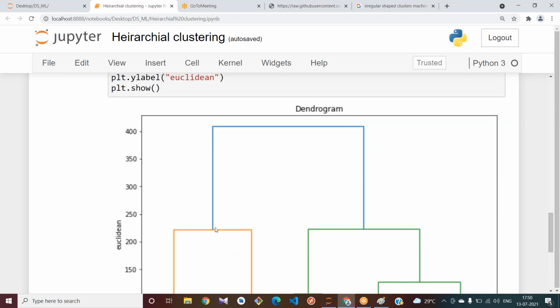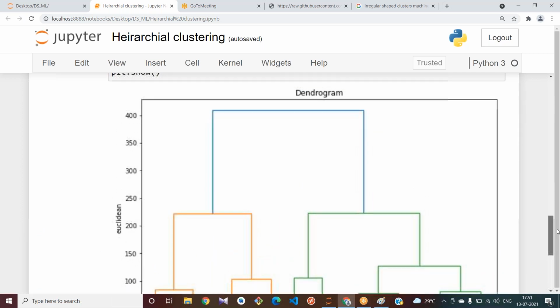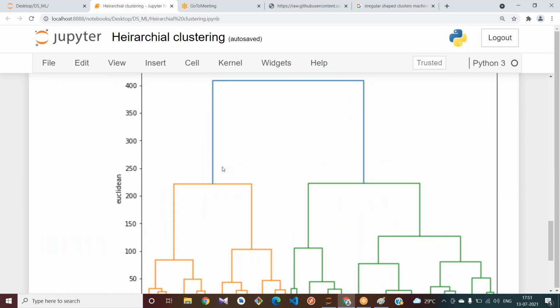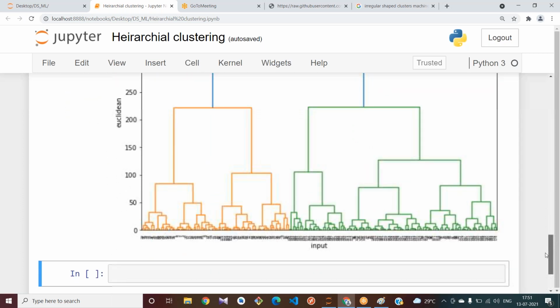You can see here, these two are the same vertical lines without any horizontal line passing through them. There are two vertical lines without any horizontal line crossing. This line has the same distance, this line has the same distance, right? And the largest distance we will get for this line only. We can easily take the value of k as 2, and also based on the colors we can choose the value of k here.